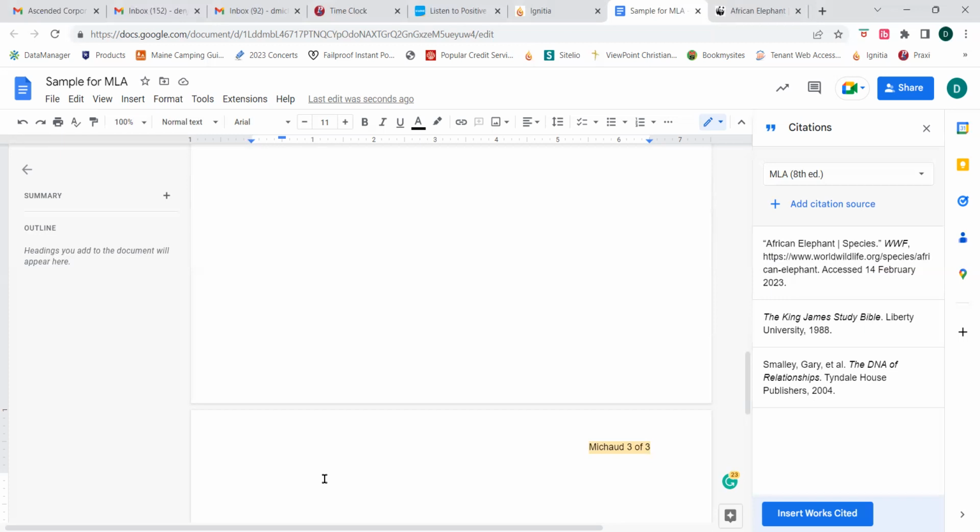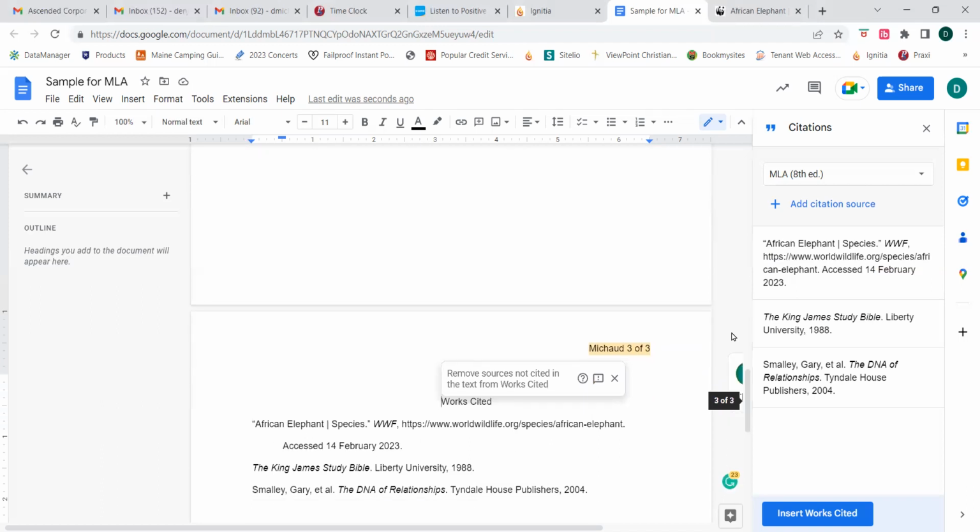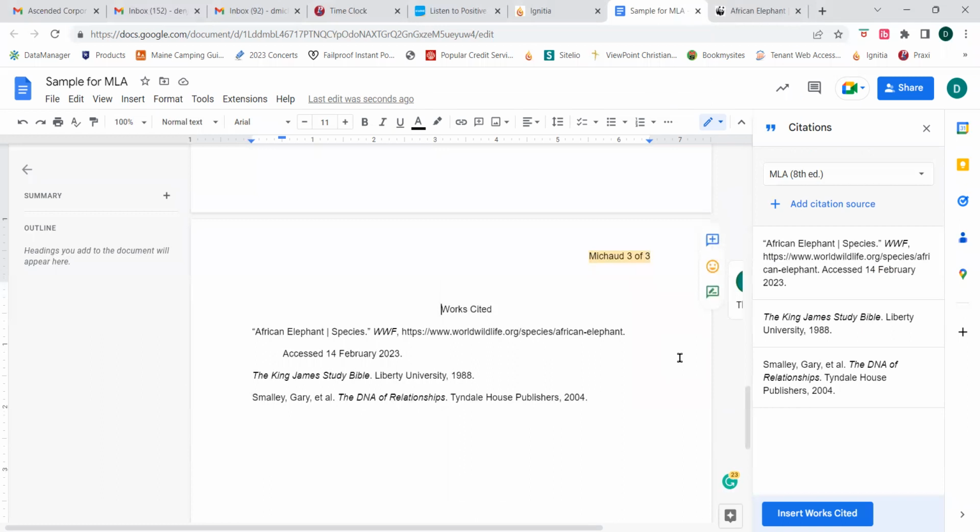Now, creating the Works Cited page is as simple as the click of a button. Over here at the very bottom of our citation tool is a blue button that says Insert Works Cited. I'm going to click that button, and it did come up and say remove sources not cited in the text of your works cited. I used all of my sources. I'm not sure why it's even asking me that, so I'm just going to X out. And as you can see, here is your works cited. It types the words works cited for you, it centers them for you, and it inserts each of your sources the way they're supposed to be,